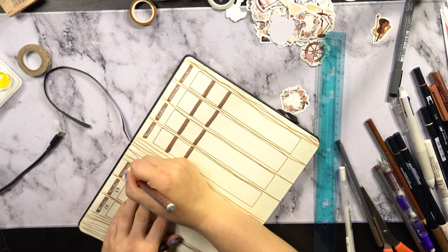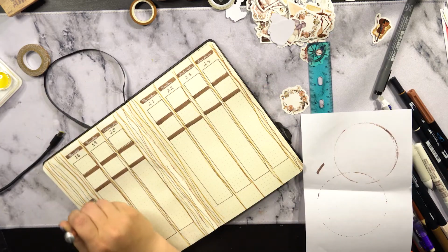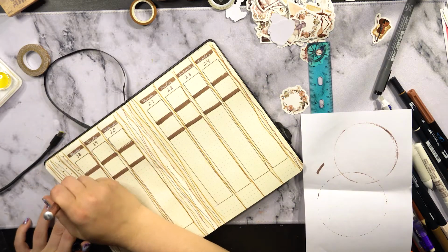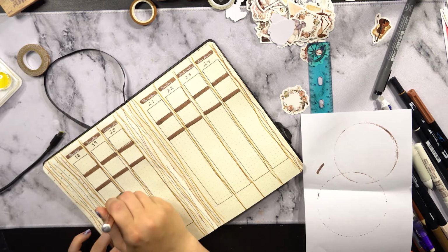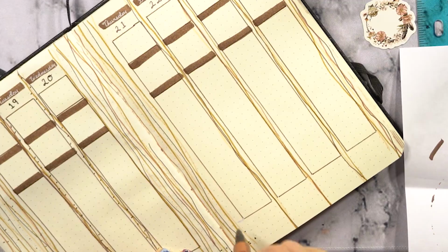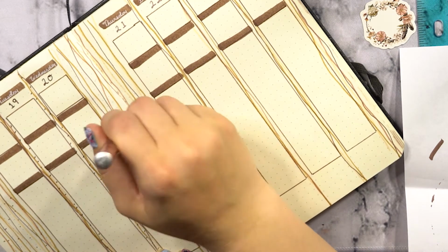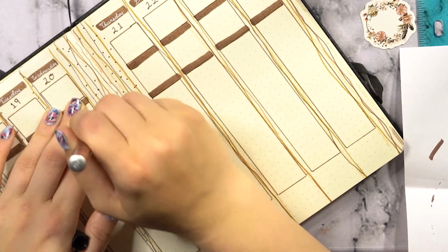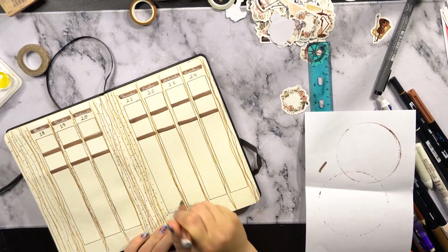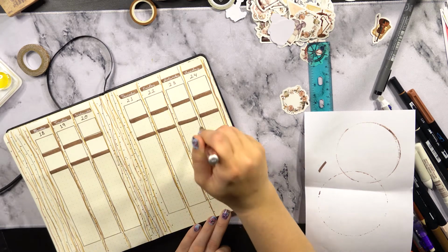So I'm using that white gel pen again and that coppery pen here, and then I'm taking that coppery pen and doing a ton of dots in between all of those lines and branches. I feel like it ties it in a lot better, so it's not too much empty space, and I feel like it flows really, really well. So I did that between as many spaces as I can where there were lines, and then I took stickers